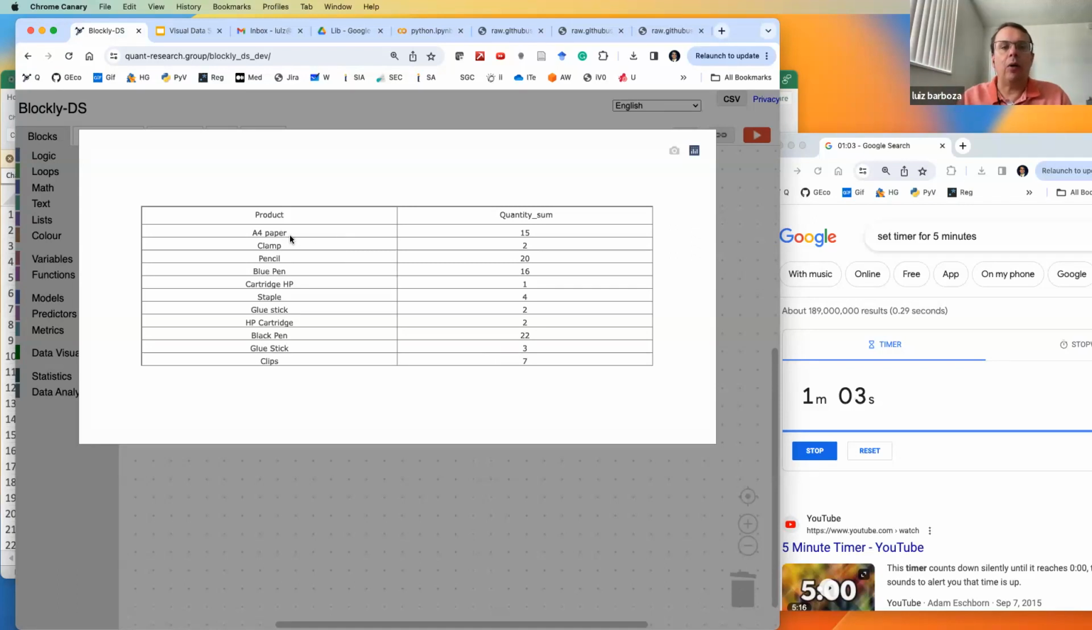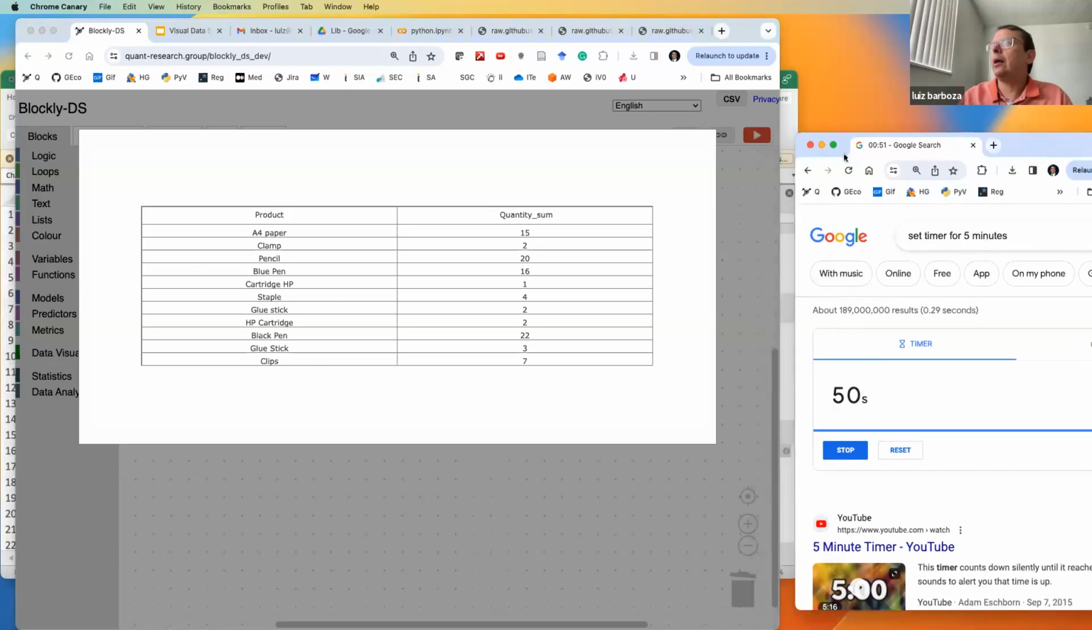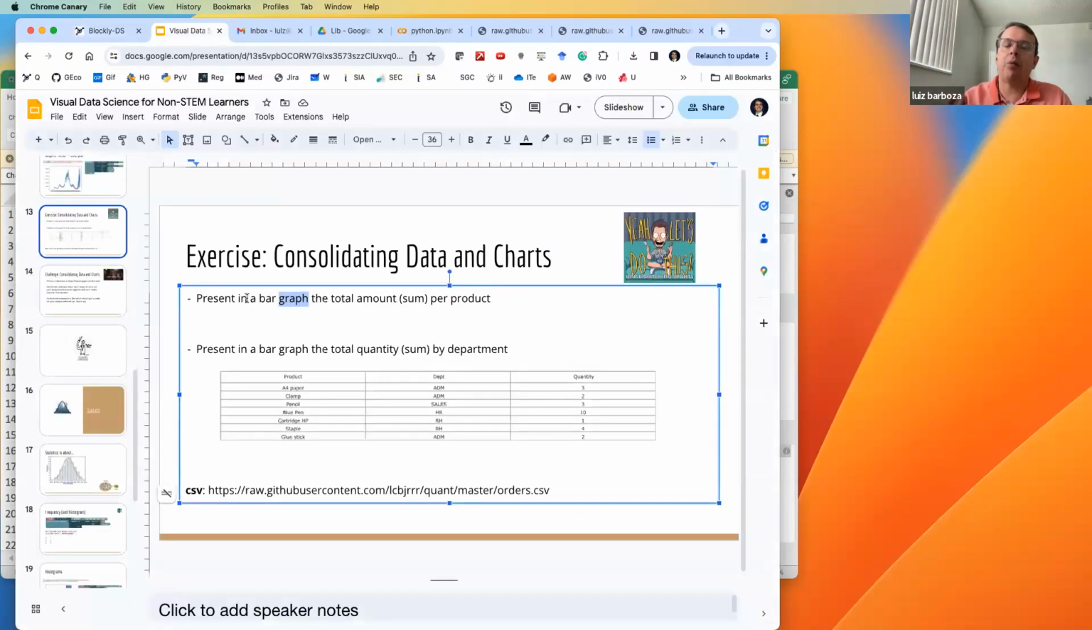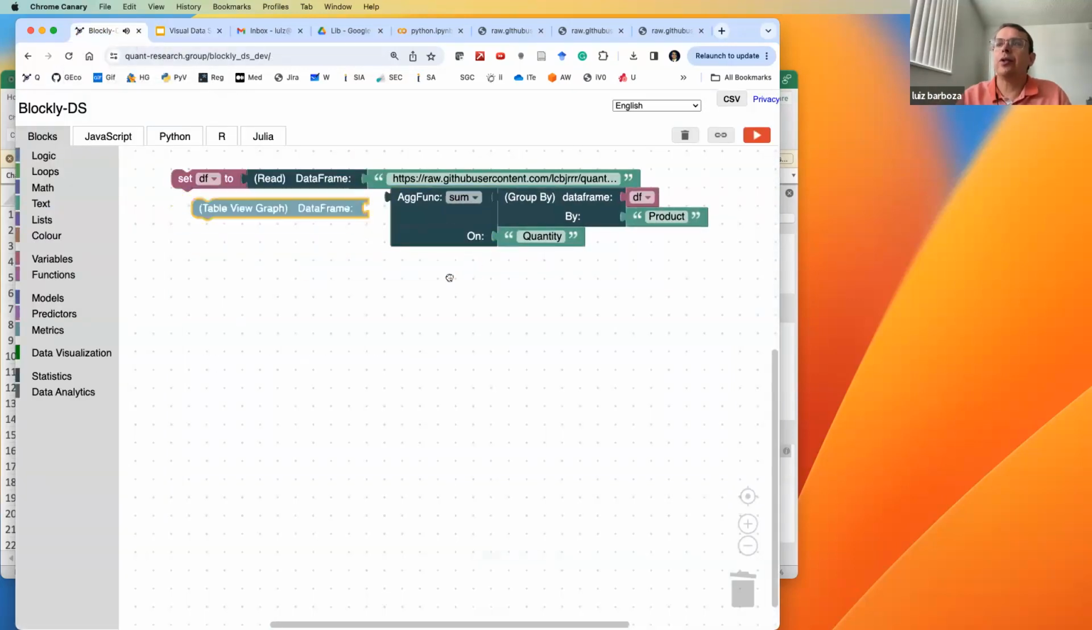The total ordering of A4 paper, there are 15 reams, 20 boxes of pencil, regardless of the department, right? 16 boxes of blue pens and so on. Again, regardless of the department. But I don't want to see that as tabular information, a pivot table visualization. I want to see that as a bar chart. So instead of using a table view here, back to data visualization, let's throw a bar chart,